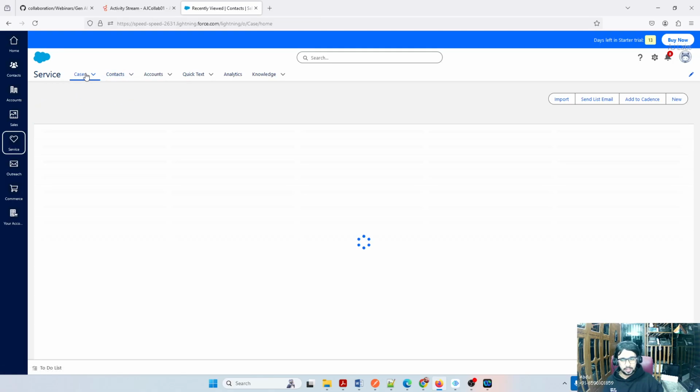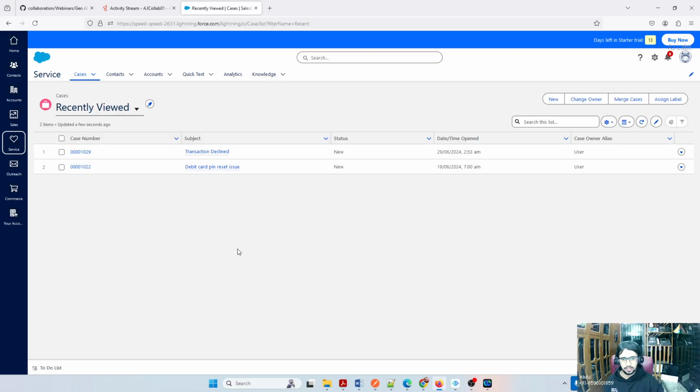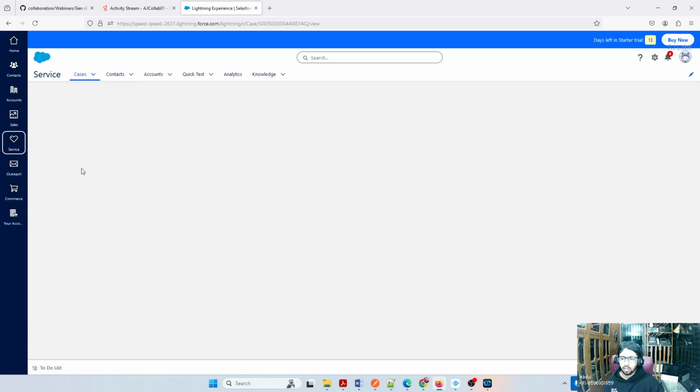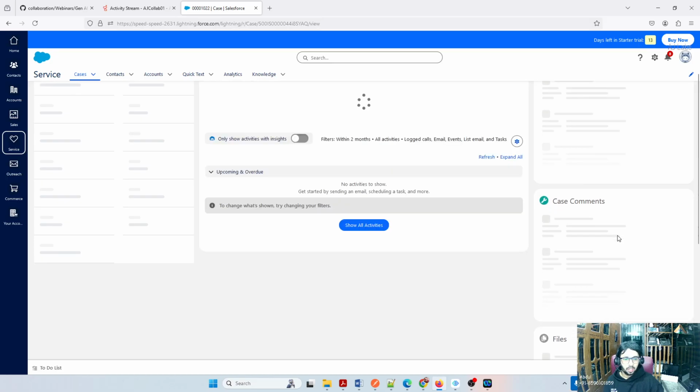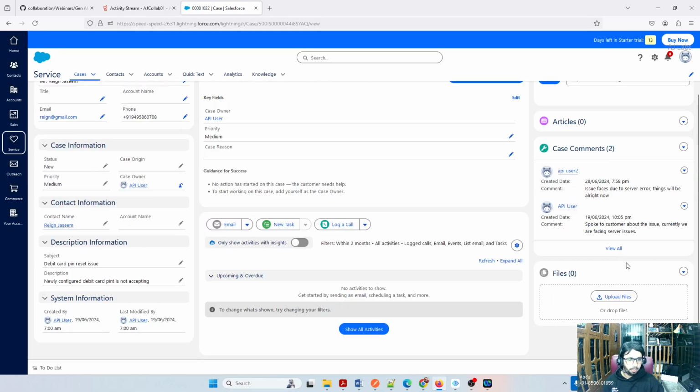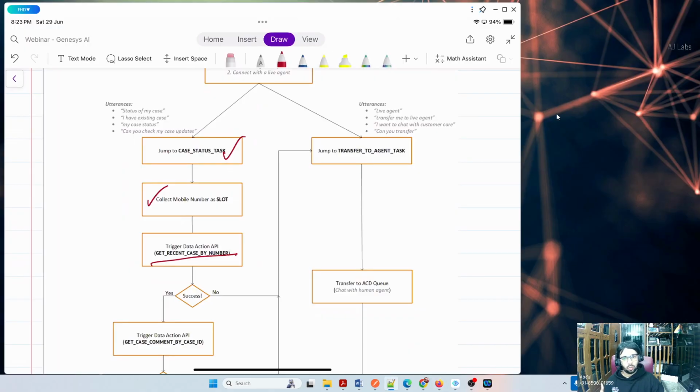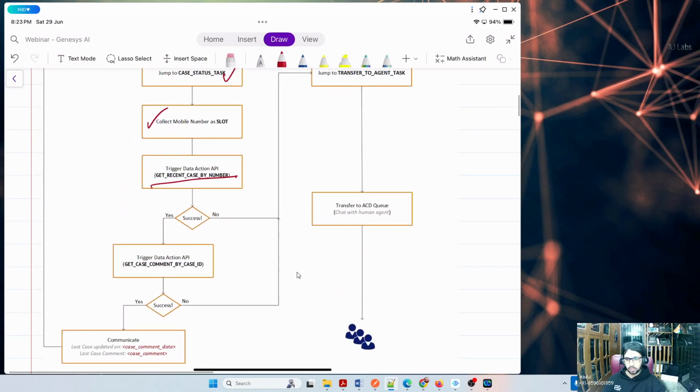And there will be cases as well, but don't worry, we will open a new case. In that case, if you take this example, debit card pin reset issue, if I open that case, somebody will be working on this case. They will be updating the case, right? Issue faced due to some server error. So these are the case updates, and the customer wants to know what the case update is. So for that, we will be initiating. First, we will send the query to understand what the case number is. Then the chatbot comes and says, okay, this is your case number.